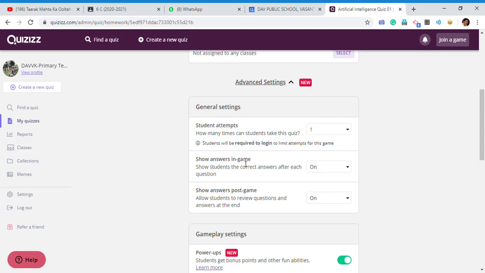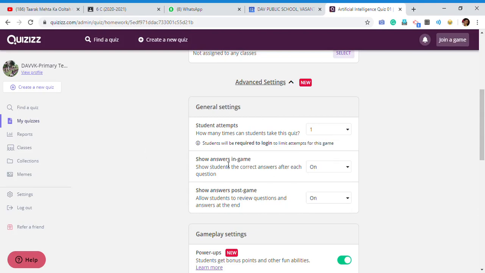We choose one when you are assessing your students, meaning taking any test. And when you are assigning this quiz just for practice, then you can give unlimited, so that students can try to get 100% marks. You can give this option for practice, and you can give the option 1 for assignment, for assessment and evaluation purposes. And if you are taking any class test type of thing, then you can give it twice also.